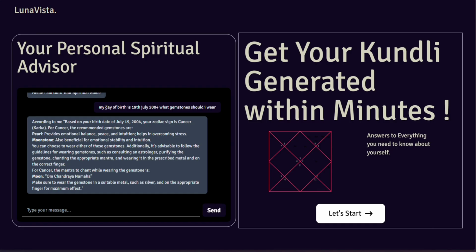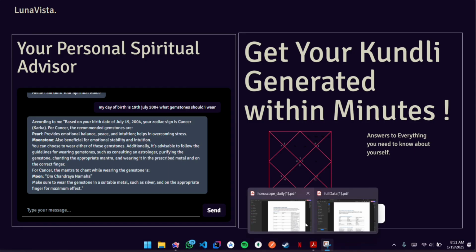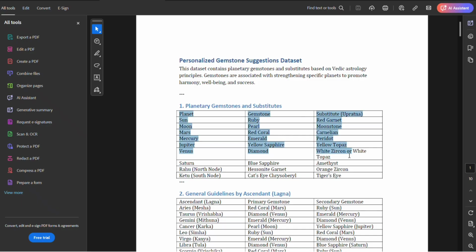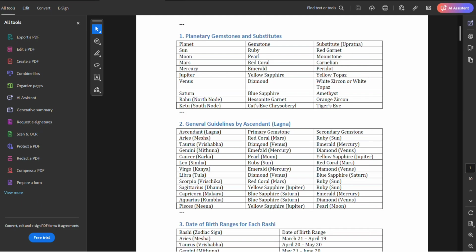So here is the prompt that we passed, stating our date of birth, asking what gemstone we should be wearing. The output we received was accurate, based on what gemstone we should be wearing according to our birth date, and what mantras we should be chanting while wearing the gemstone. And the data we used to train this is here: the planetary gemstones according to planet and gemstones, and the general guidance